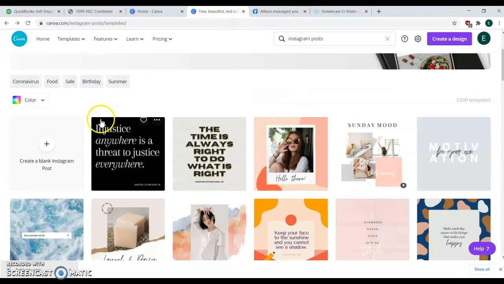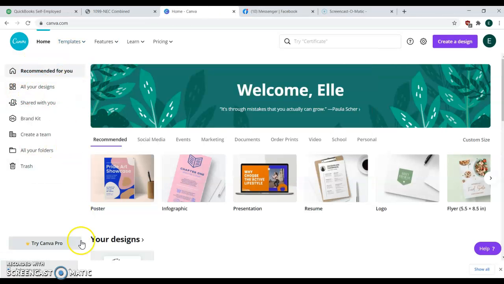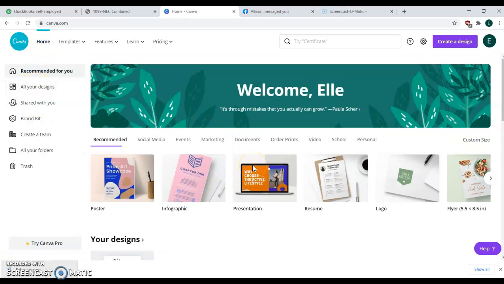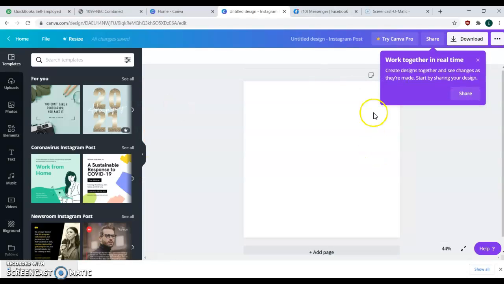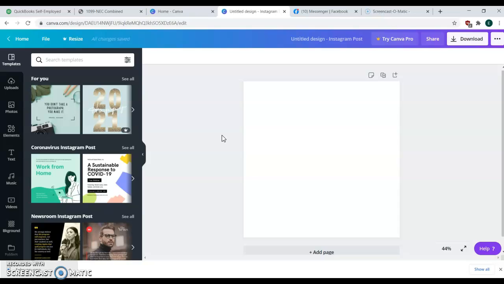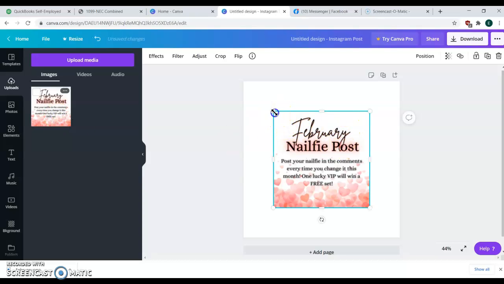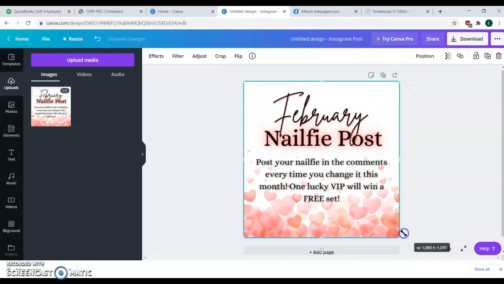So I'm going to close this. I'm going to go back to the home canvas screen. And then what I want to do is I'm going to go back to social media and Instagram post. And I have a blank one. Now, if you have saved something that I've sent you or another stylist or something you've gotten from a graphics group, all you have to do is you've uploaded the photo, you're in Instagram post, and here you have it. So it's right here, right? Now, nothing that you've uploaded, because this is now an image, is going to be editable, but you can now